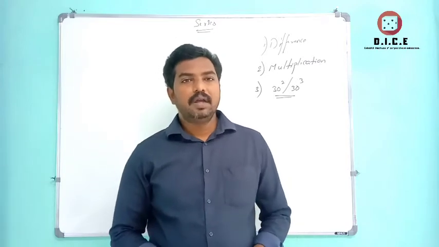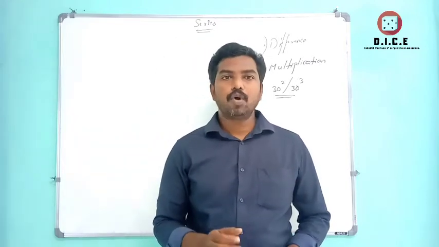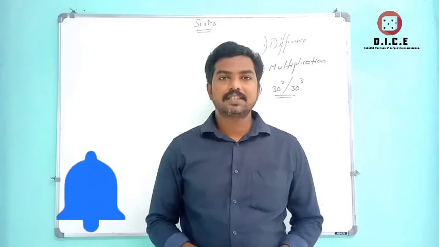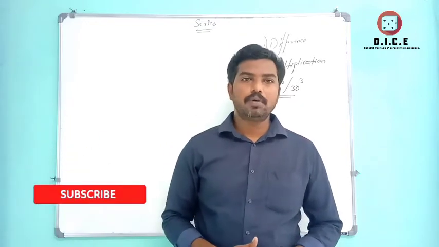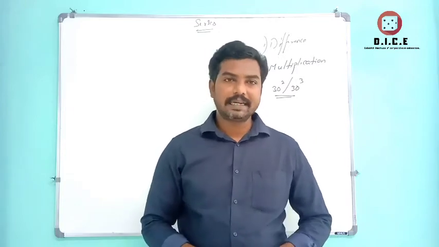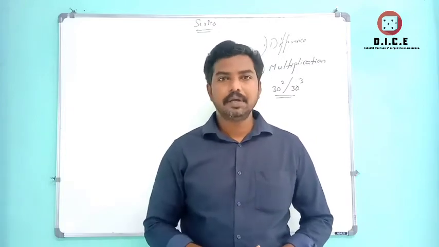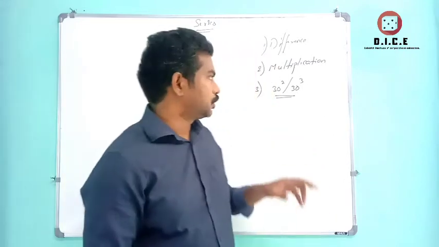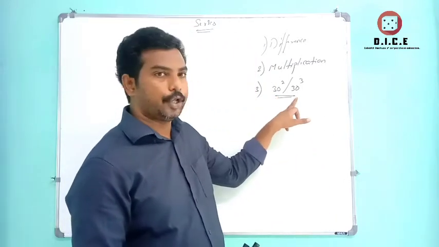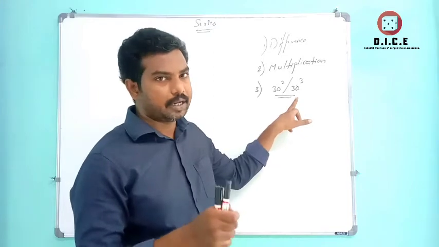Once again, and today we will discuss a small topic from reasoning, that is intelligence test. It's said to be series. In series we have 2 to 3 types of models, that is letter series, number series and mixed series. But whatever the series, you have to learn by heart the square values up to 30 squares and 30 cubes.